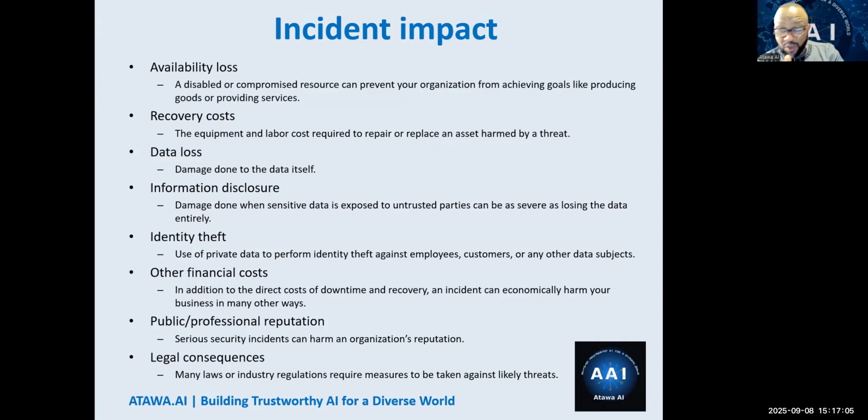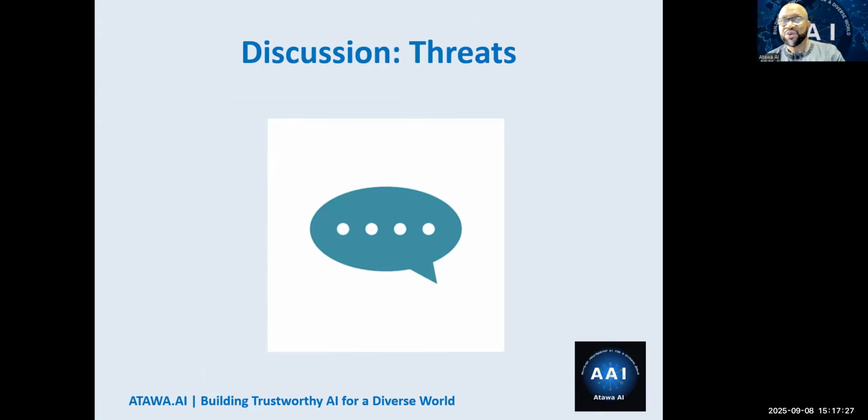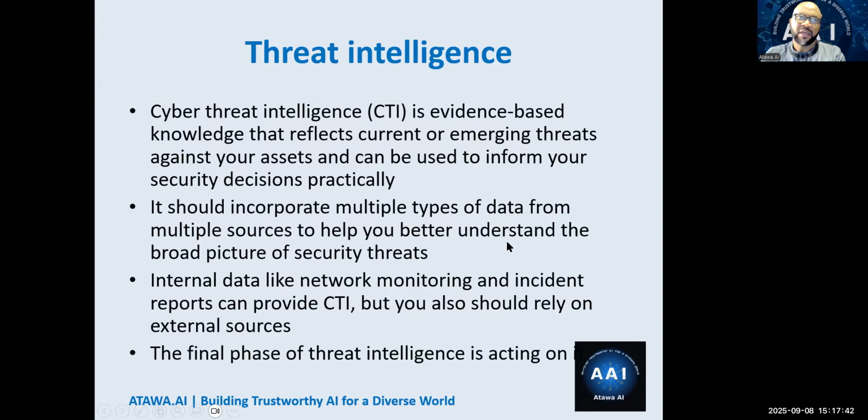So just understand this, especially when you're working with other individuals and you're part of a contract or something, right? So what could be the impact of a breach or an incident? Loss of availability, the money it's going to cost me to recover, information disclosure, identity theft. I have personally been a victim of identity theft, so I know how violating it can be. Financial cost, reputation, and of course, the legal consequences. Somebody's going to sue you. So when you're discussing this portion, think about the types of threat actors, the threat vectors, and the impacts of a threat being successful against your organization. What does that mean to you, right?